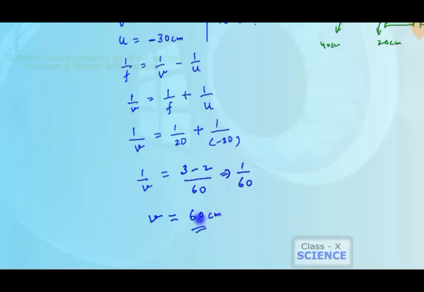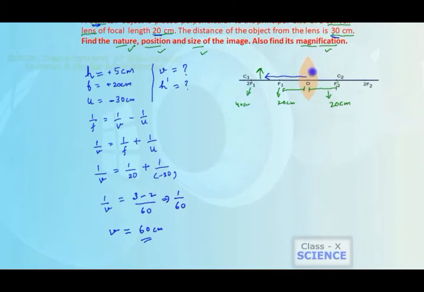Here you see the value of v, that is the image distance, is plus. Image distance is plus, indicates that the image will be formed on the right hand side, right. So, at what distance? It will be at 60. So, here focus is 20, this is 40, then 60 means somewhere here. Extending this, we will get somewhere here the image will be formed. Okay. So, this way image distance can be found out.